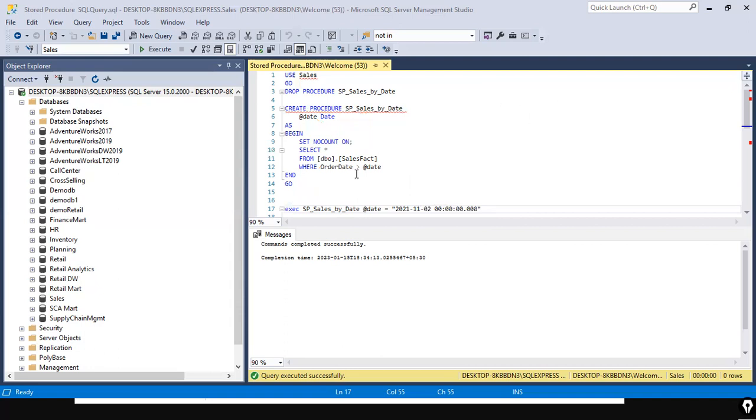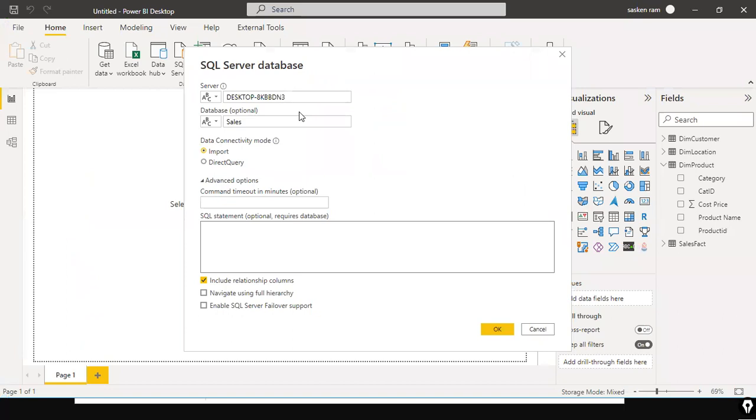So enough theory. What I am going to do is take this one, stored with this time. I'm not going to import any table. Instead, I'm going to call the stored procedure. In this case, when it comes to Power BI Desktop, you're not supposed to use the double quote. You need to use single quote for passing the value to this stored procedure. If I click on OK,